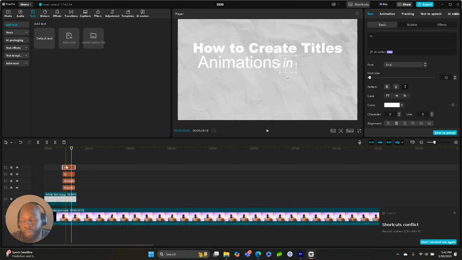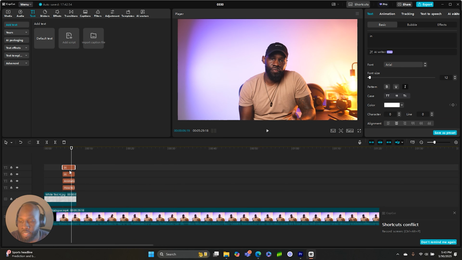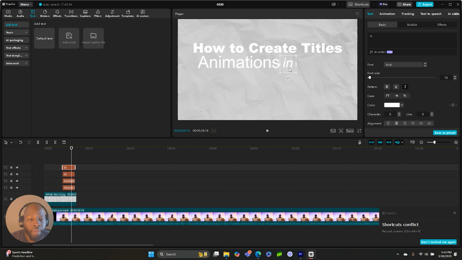The easiest way to make a copy in most software is you hold the Alt button and you just drag it up or drag it to the side and it should duplicate it. All right, so I'm going to move this one here, and this one is going to be the stylized text. So in CapCut,